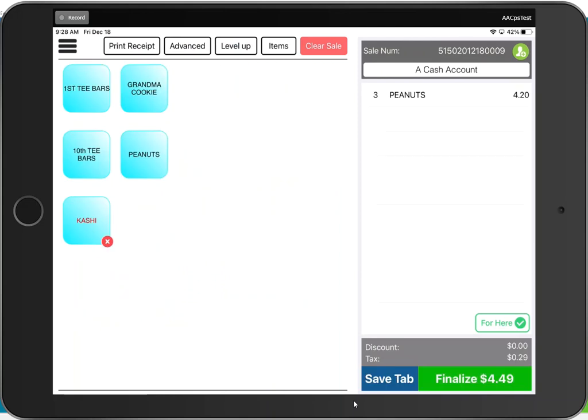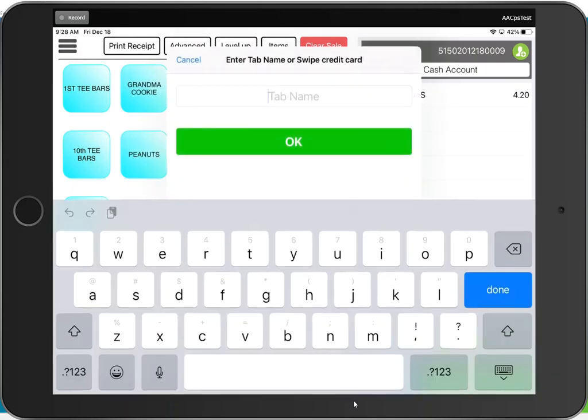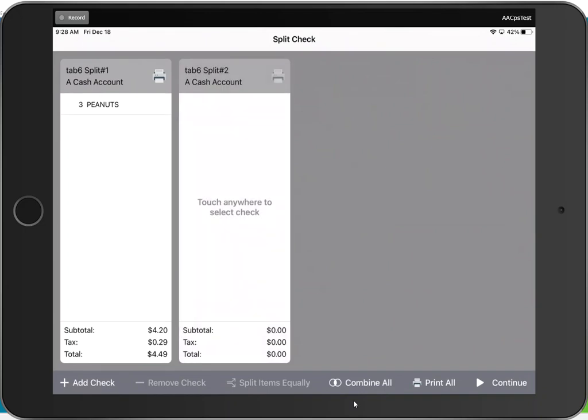The last option under advanced is going to be split check. If I hit split check and the tab does not have a name on it already, we're going to need to name it. And it's going to pull us into the split check screen. From here, at the bottom left, we have add check, remove check, split items equally, combine all, print all, and continue. To add a check here, so I want to split this two ways, I just hit add check and